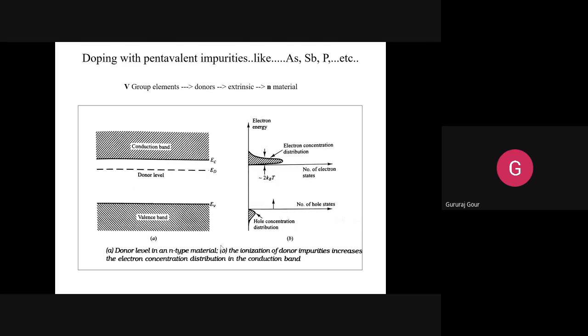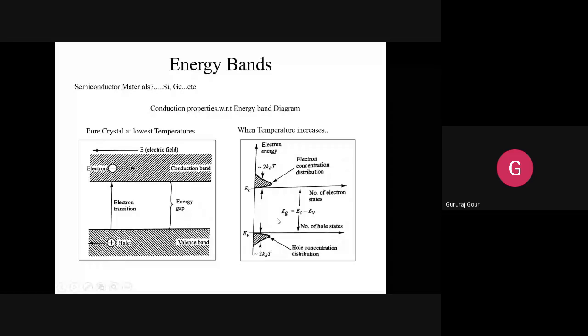Many things are coming. You can see here, the valence band is here with the EV level, the energy level. That EV will indicate the concentration of electrons in the valence band, as shown in the right-hand figure. The hole concentration is this much. So before doping, you are here. EV is here, EC is here, and the band gap is this much.